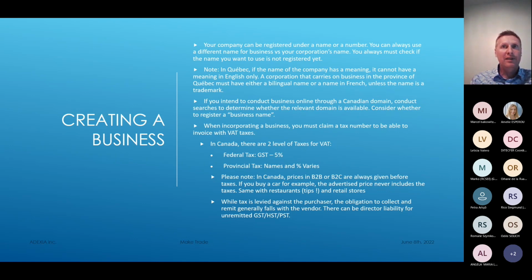meaning only in English. I'll give you an example. One of my clients specialized in nuclear dismantling, so dismantling and decommissioning. The name of the company is NUDEC, meaning nuclear decommissioning. That's the name they use in France, that's the name they use in Europe, and they're under the name NUDEC, but they never use the meaning of the name.